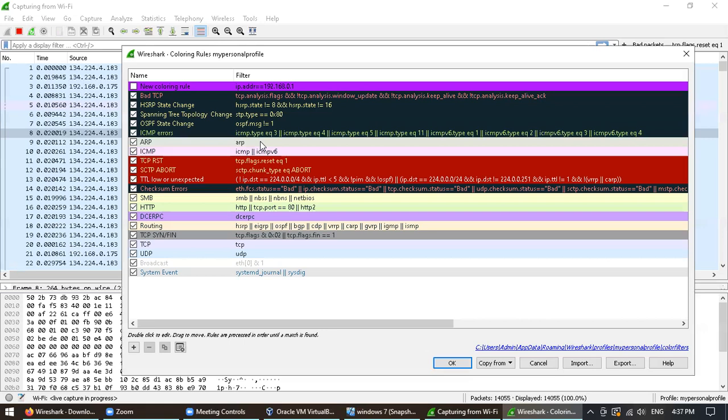ICMP, which is ping. TCP reset: the communication gets reset when the traffic or the website resets the communication. Okay, or whenever you try to connect, it resets the connection and you will not be able to connect to the website. That is called TCP reset. Okay, a lot of filters and their corresponding colorizing rules are here. Let's see a normal example.